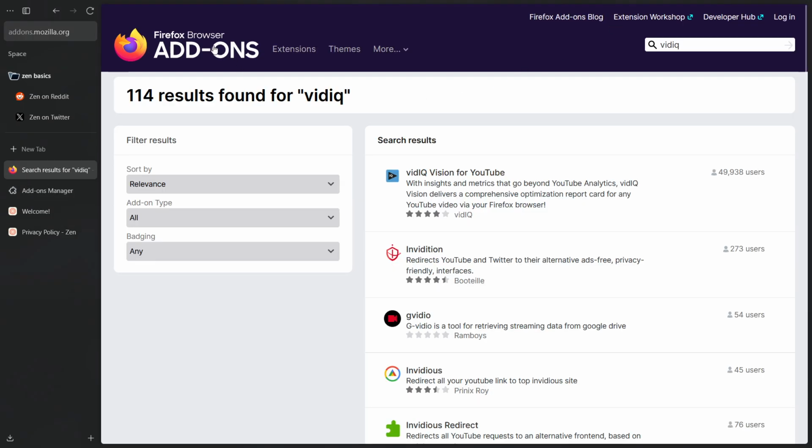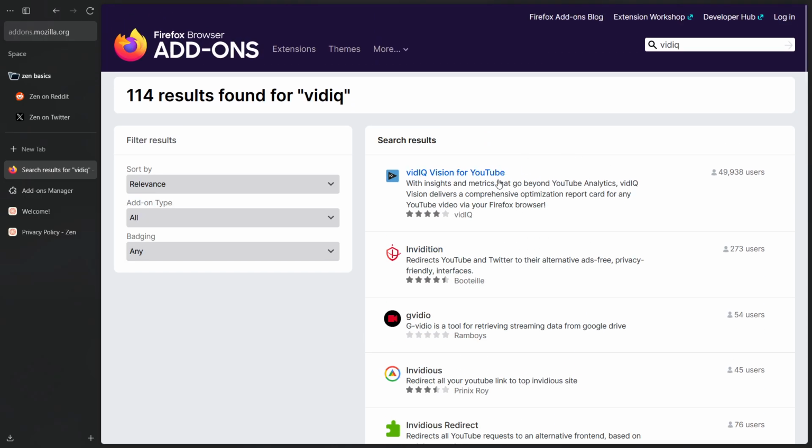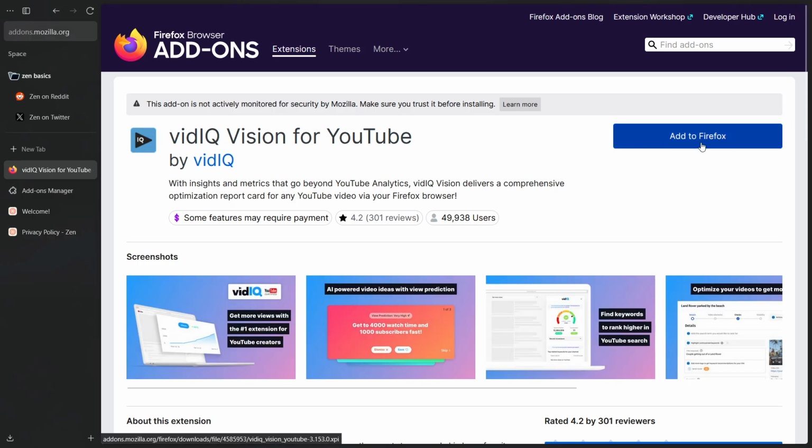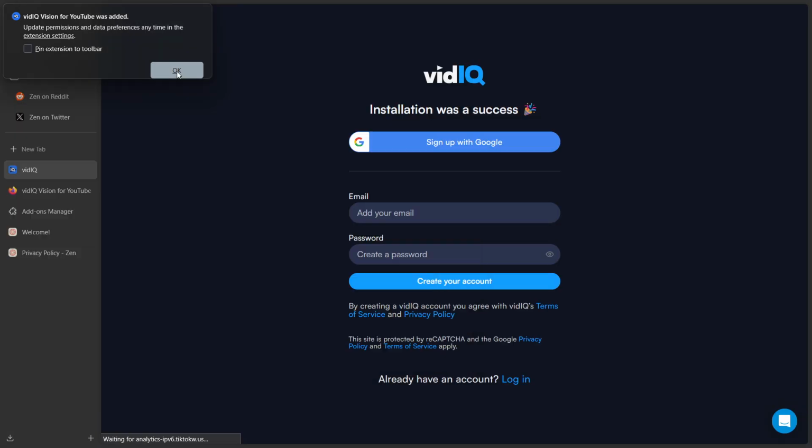It's going to pop up inside the Firefox browser add-ons, and here you'll be able to see your extension, okay? So just find the one you want to add, click on it, and then you want to click on add to Firefox, and then it's going to basically prompt you over here on the left. If you want to give it access, click on add if you agree, and then click on OK over here,